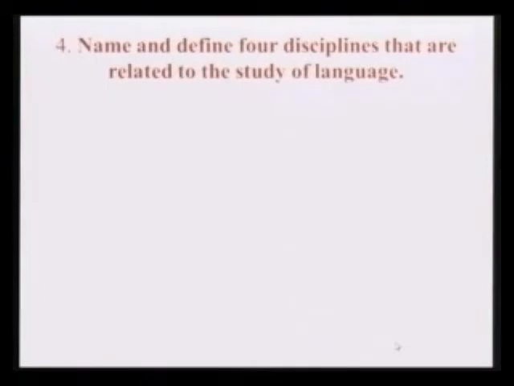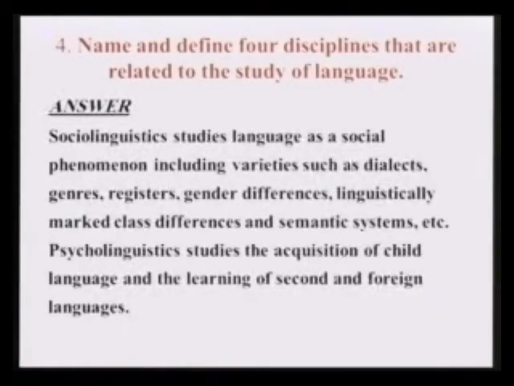Name and define 4 disciplines that are related to the study of language. Sociolinguistics studies language as a social phenomenon, including varieties such as dialects, genres, registers, gender differences, linguistically marked class differences, and semantic systems, etc. أما psycholinguistics studies the acquisition, اكتساب of child language and the learning of sound and foreign